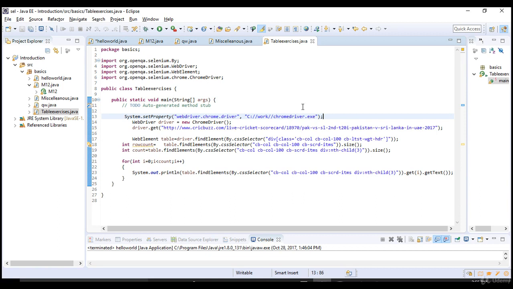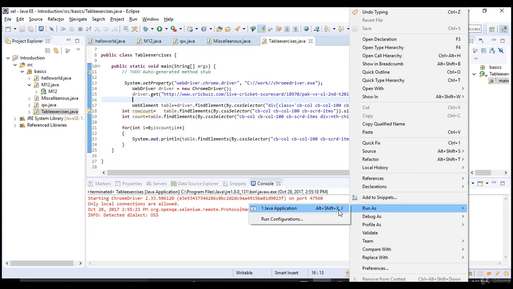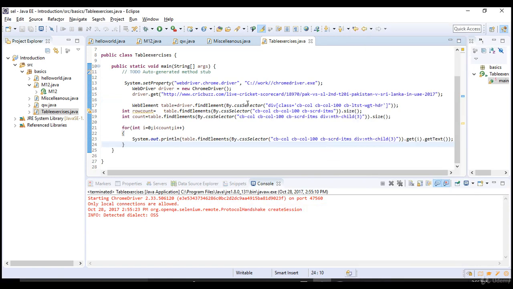Okay, so let's run this and see how it goes. Right click, run as, oh, 1 second. Oh, we did not add the div here, sorry. We forgot the syntax, tag name class equals to; we forgot to give that. I hope you guys identified it. I'm sorry for it. And even here, right? First you have to get that CSS. So getting CSS is like tag name class equals to, and then we will pass the CSS.